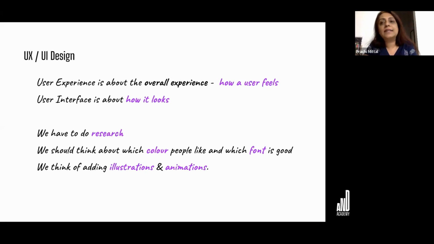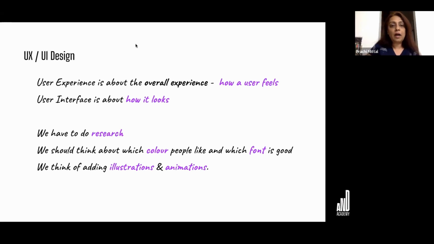Whenever candidates come to us and they talk about UX UI design as a career option for them, my question to them mostly is, what do you understand by UX UI design? Because it's a fairly new career. When I was studying, the term UX UI design did not exist. And these are some of the things that I hear from them, right?